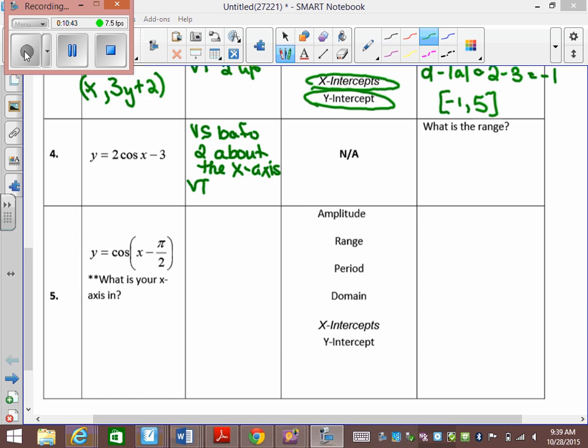Vertical translation 3 down. What's the range? D minus the absolute value of A, which is -5, to D plus the absolute value of A,